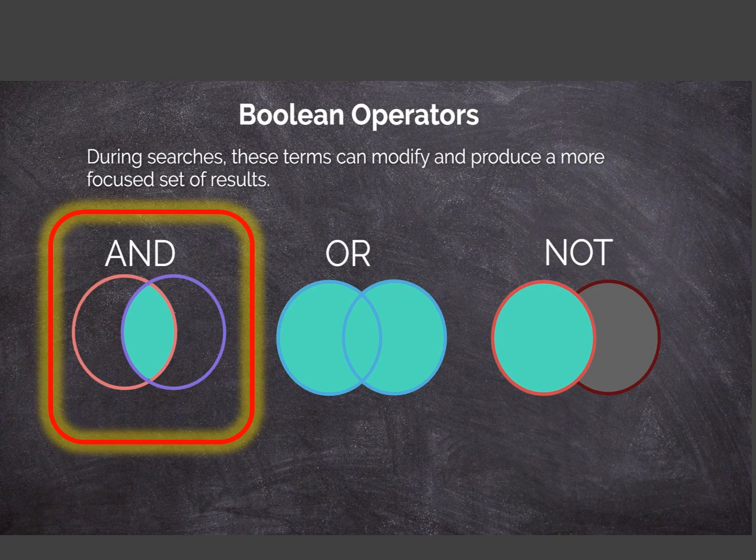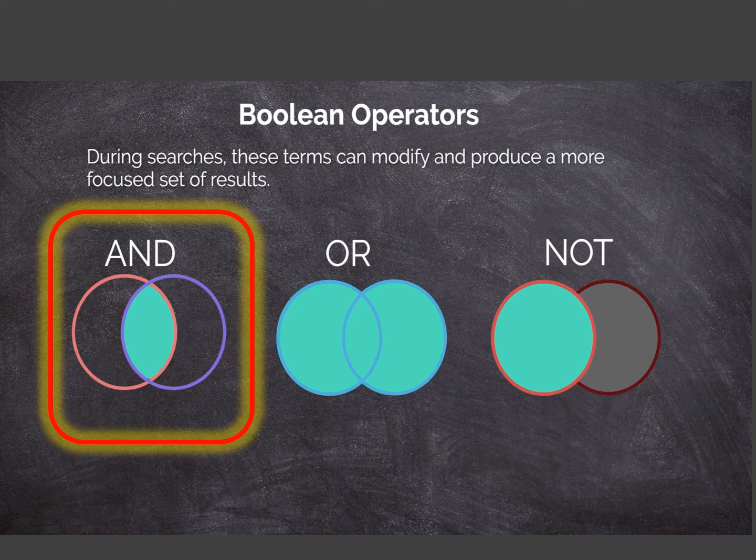The first Boolean operator is called the AND operator. It narrows your search by telling the database that all of the search terms must be found in an article in order for it to appear on your results list. So you search for two or more concepts that interest you by combining descriptive keywords with AND. For example, if you're interested in reading articles about the ethics of tubal ligation, you could use the terms ethics and tubal ligation or similar terms, and that will narrow your search to include only articles that have to do with those two things.